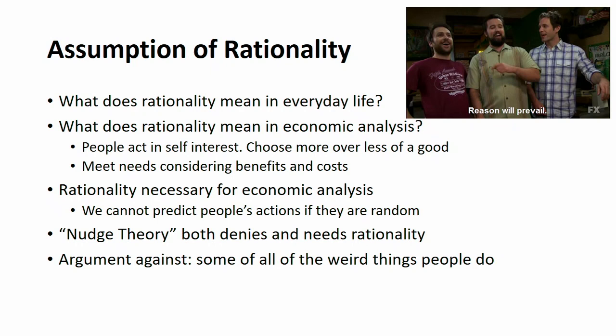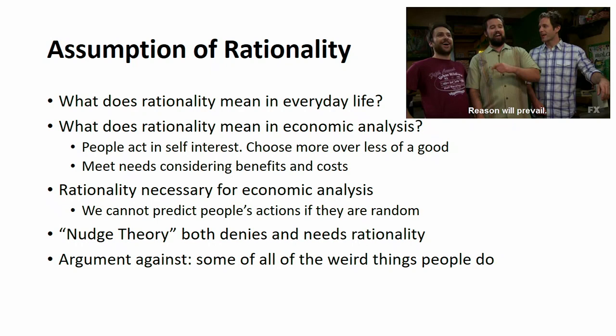Now, rationality is necessary for economic analysis. If we don't assume that people want more of a good to less of a good, if they're not going to choose what they think is best for them, if they're going to choose randomly, then we're not going to be able to anticipate what people do. Demand curves won't slope downward and supply curves won't slope upwards. We can't predict people's actions. Cass Sunstein wrote a book called Nudge. Some more conservative people kind of freaked out about the book, thought it was weird. Other people on the left thought it was interesting. Most people just never heard of it or ignored it.